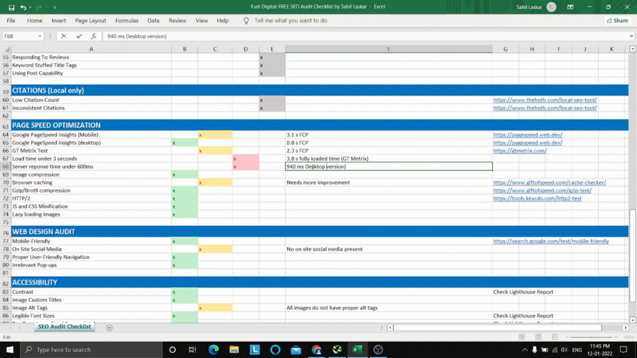Desktop version, 940 milliseconds for the desktop version. So I need to work on that. So that's a red flag right there. For image compression,